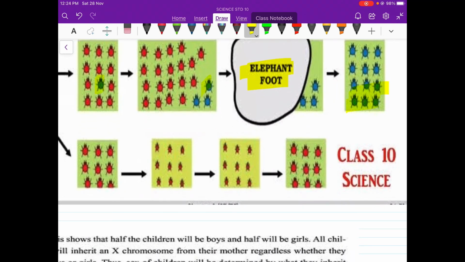The third case is, suppose in the third situation we have red beetles, but then the plants or the bushes get stricken by a virus and they start wilting. Now when they start wilting, there is no food for the beetles. So if you see here, the beetles have become very thin and small. For two to three generations the beetles are like that.